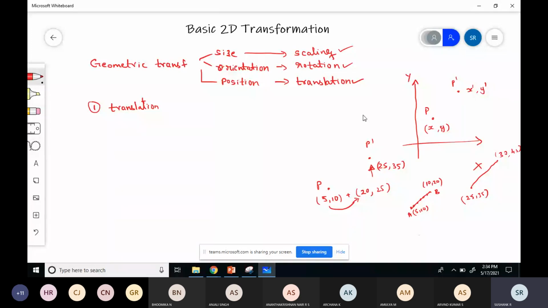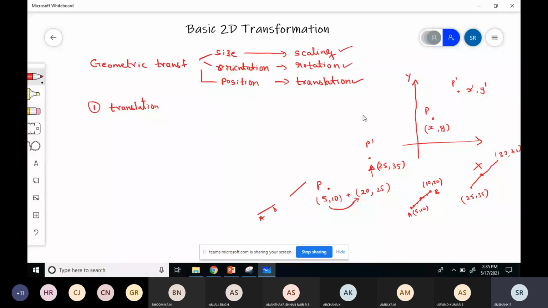For this point, what is the new coordinate value? For this point, what is the new coordinate value? For the last point, what is the coordinate? The offset value will be applied to each point along this line, and new coordinates will be generated. So this is how it will be done. Each point along the line will be added with the offset value to generate a new location. So for the entire line AB, you will add the offset value and generate a new position.